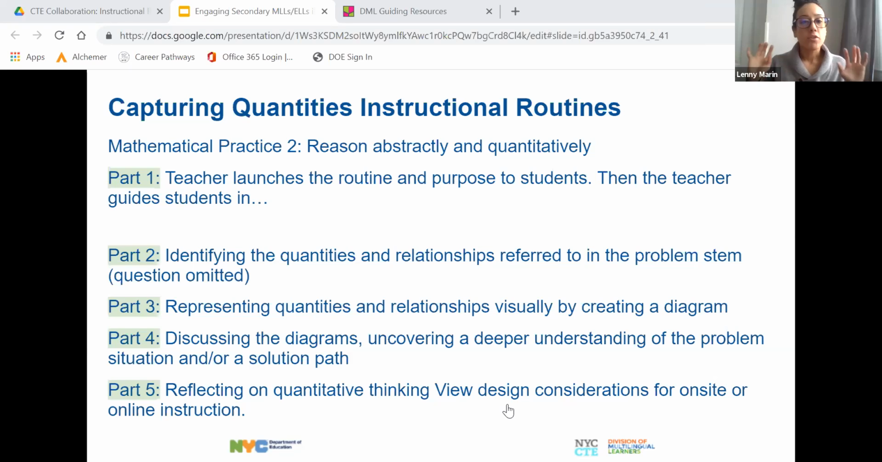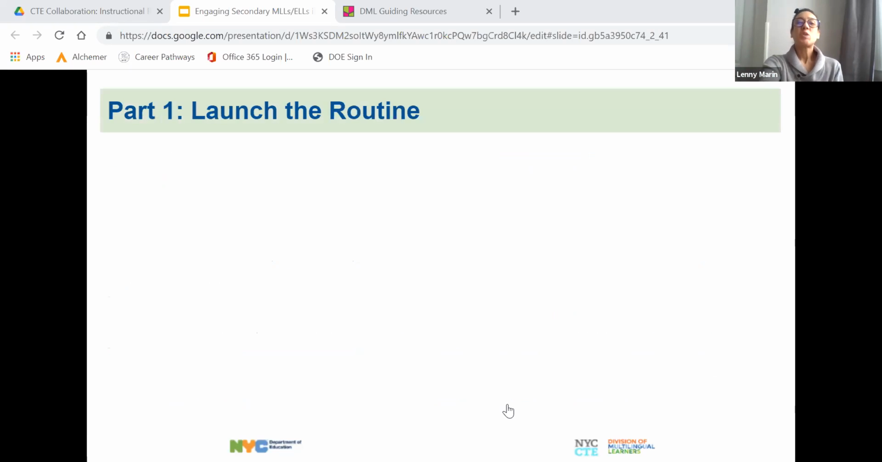So, whether you're taking digital notes or using pen and paper, please be conscious during the presentation to jot these ideas down. We will talk about them afterwards. So now let's begin. Part 1 of the routine, the purpose of this part is to display and explain